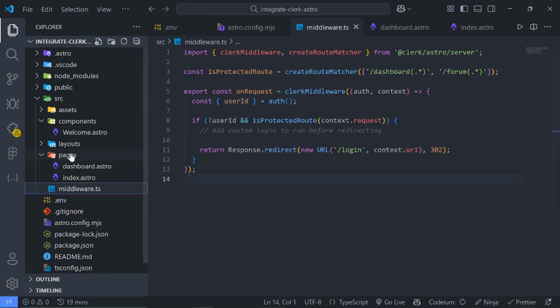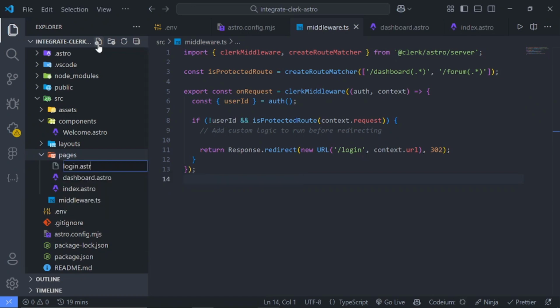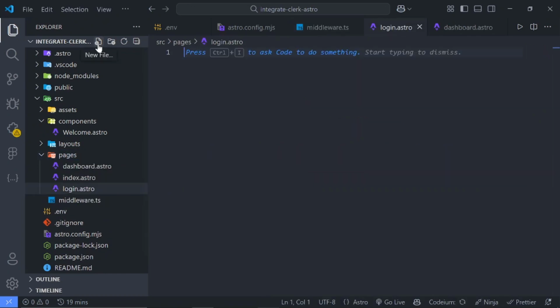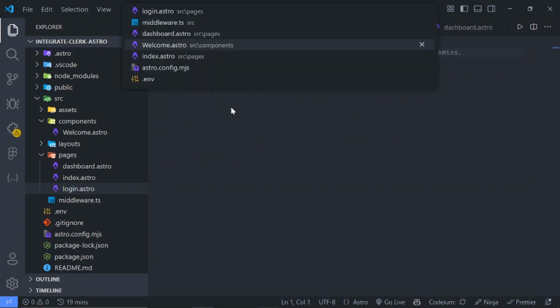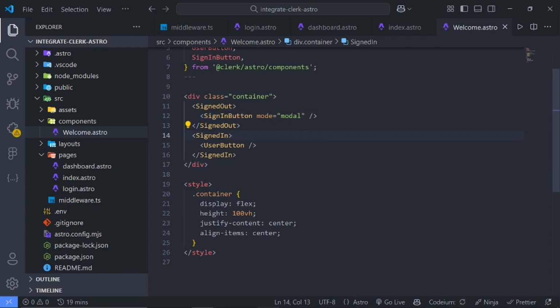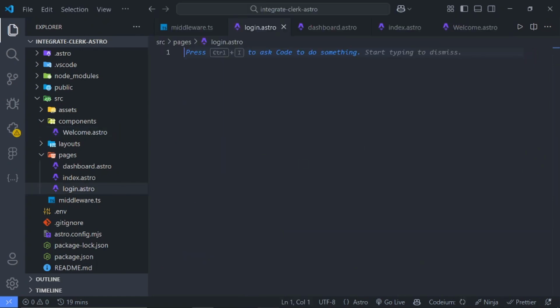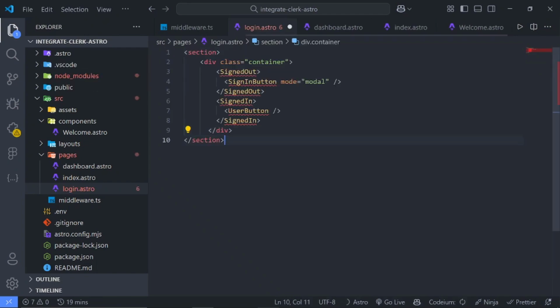Now we just have to create a login page. So I'll say login to Astro. And for this login page, I will just go to the welcome, and let me just copy some stuff right here. So I will say section, paste this right here,